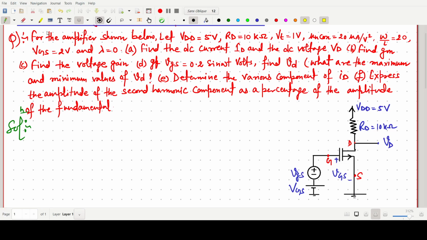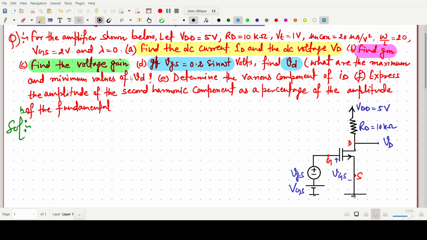So the first thing we have to find is the DC current, that is our drain current ID, and the drain voltage VD, the DC ones. Then we have to find the transconductance parameter, that is our gm. Then we have to find the voltage gain, vo by vi, that we will solve. Then for vgs equal to 0.2 sin omega t, we have to find the AC drain